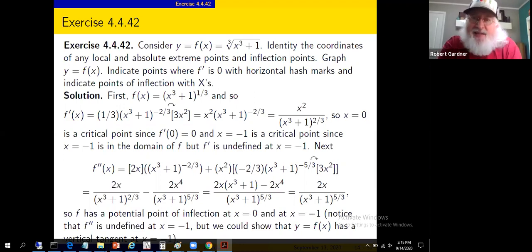Well, that's semantics more than anything. It's an important point, and the second derivative could well change sign there. Is it a point of inflection? We said points of inflection were where the function changes concavity. And we've observed that they were points where the graph of the function has a tangent line. Well, I don't want to get into this. We could, because we've looked at this in some of the exercises, I think it was. But we could show that y equals f of x